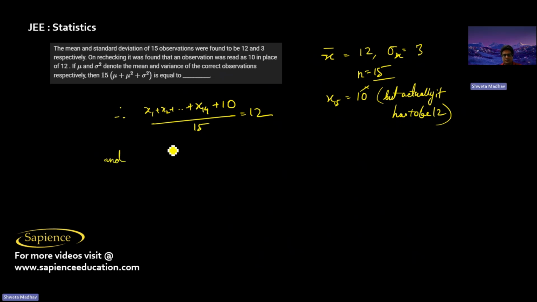And sigma x square will be 9. So now I can say summation xi square: x1 square plus x2 square plus dot dot till x14 square plus 10 square, that is 100,